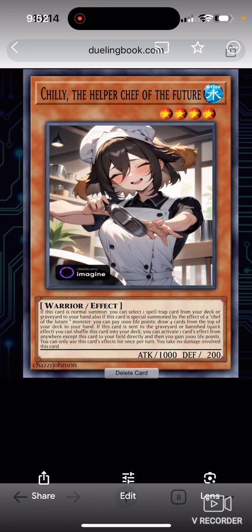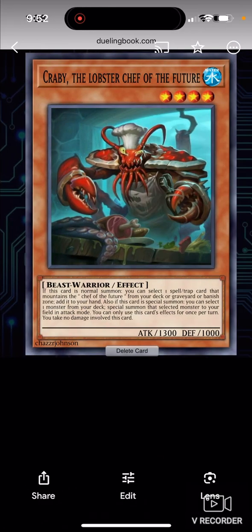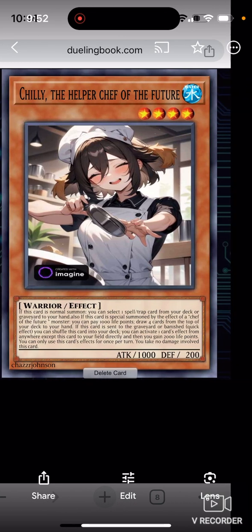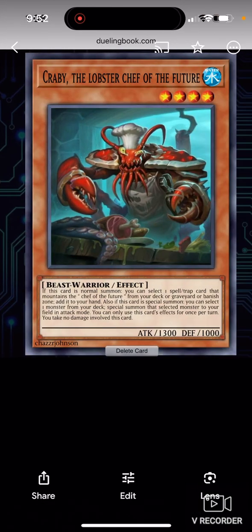Because in my personal story that I always tell myself, the young chef girl used to be an ordinary girl. She had not a rude boss, she had the kindest boss in the world. And yeah, it's going to be a long story, but